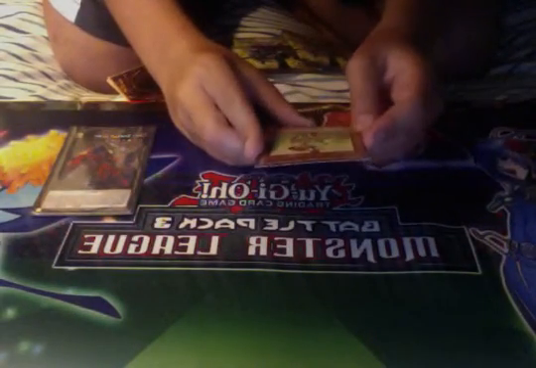Screen keeps going black. Sorry. You can target one beast type monster in your graveyard, except Valerathon, Mythical Beast of the Forest. Special summon it in attack position or face down defense position. You can only use this effect of Valerathon, Mythical Beast of the Forest once per turn. For some reason they're saying itself, referring to it as itself, which is kind of weird, but so